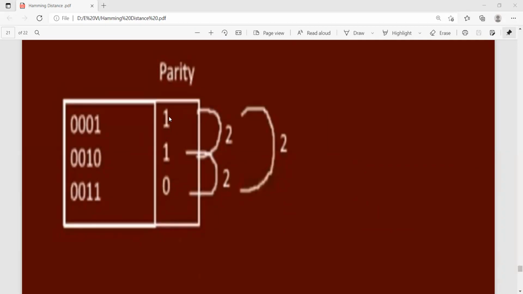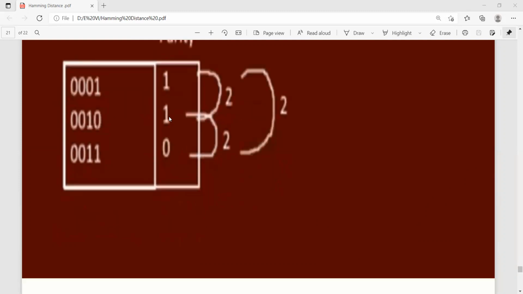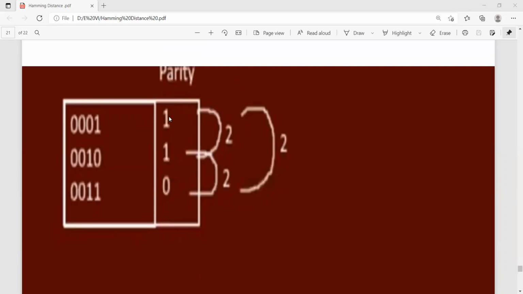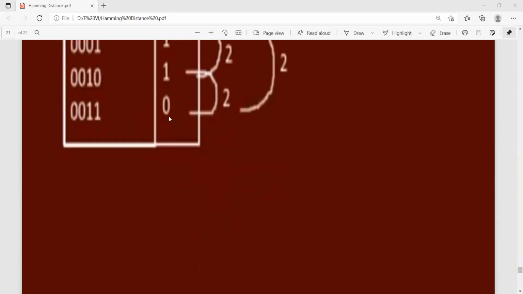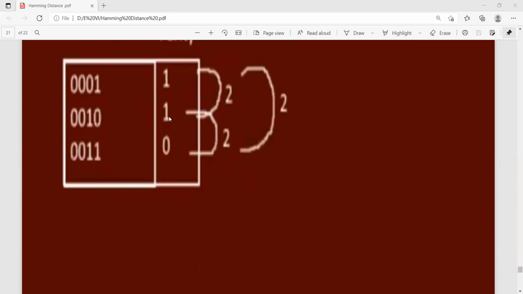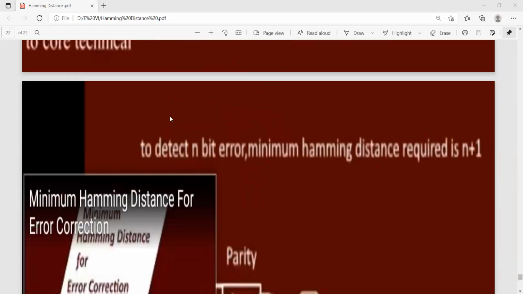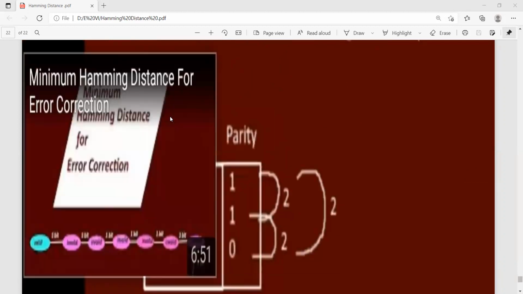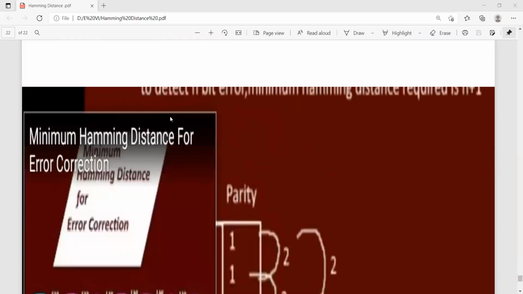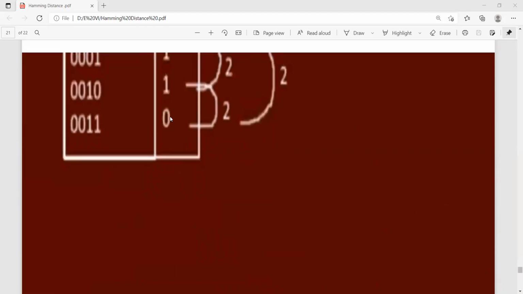Based on that, how many number of errors are there? Those number of parities we have to add. So here it is. This is the data.